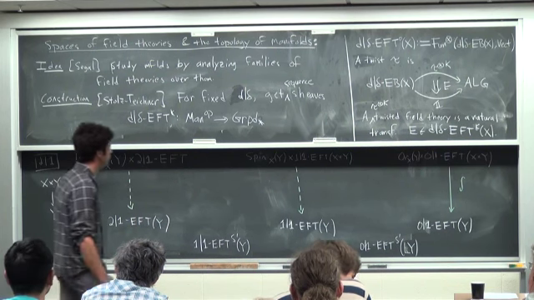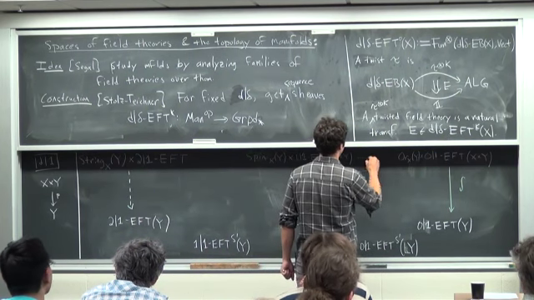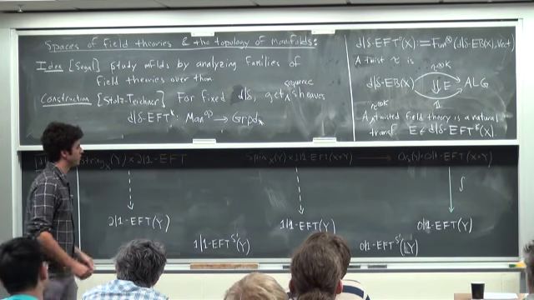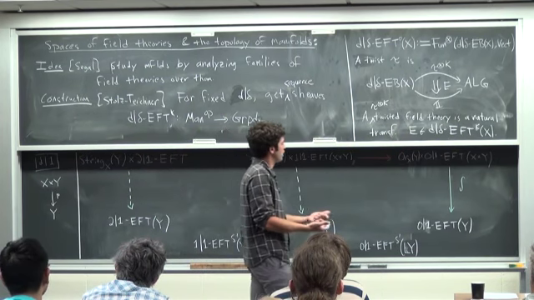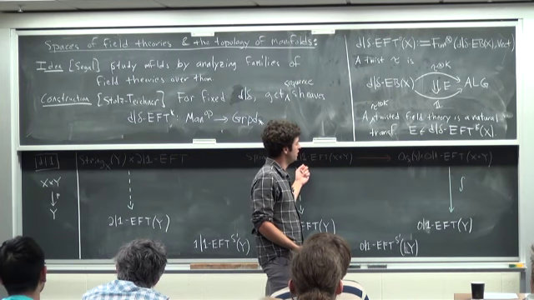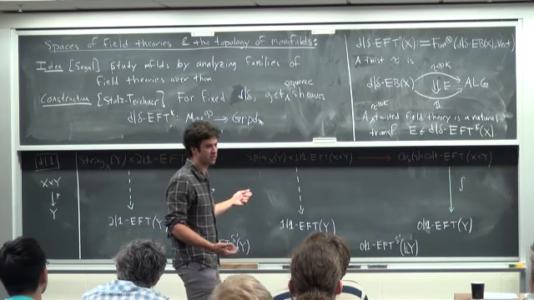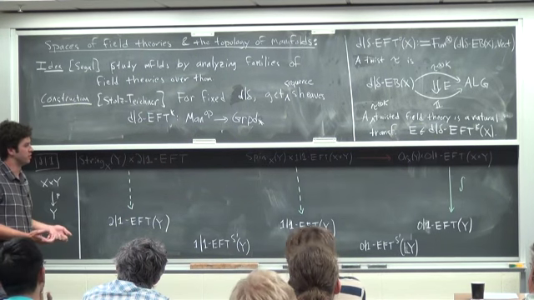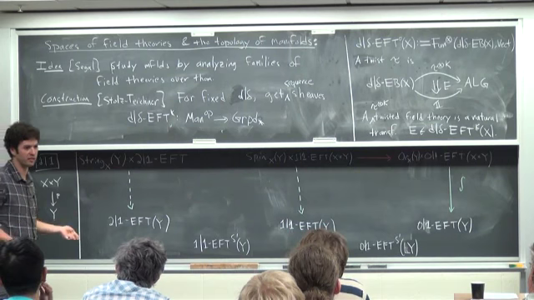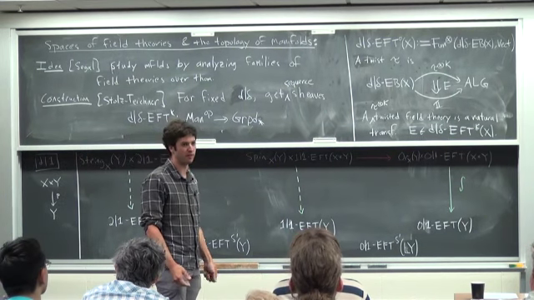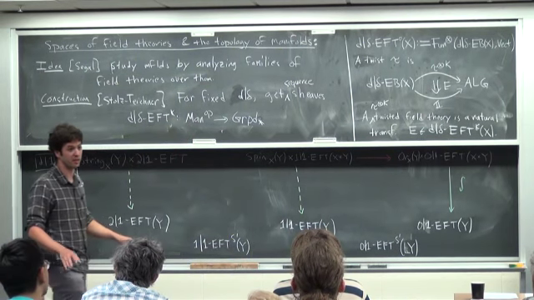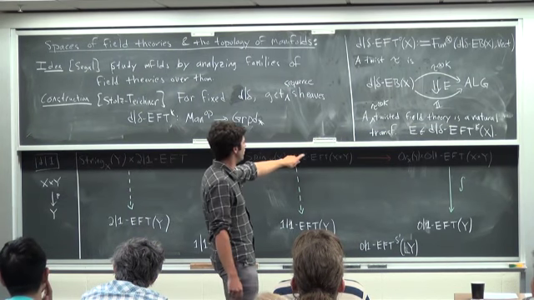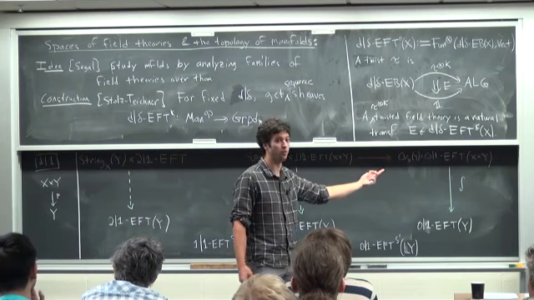So what are these? Well, over here, I have this map that's called dimensional reduction. Naively, this is just crossing with the circle. If I have a 0|1 dimensional manifold, I cross with the circle and get a 1|1 manifold. In all honesty, it's a lot harder than that because that doesn't translate into the Euclidean world. If I have certain geometric structures, I can't always split them into products. Like, I can't split a symplectic manifold into a product of 2 odd dimensional manifolds that are symplectic. That just doesn't make sense. And then similarly here, I can't split this 1|1 Euclidean manifold into a 0|1 and a 1-dimensional Euclidean manifold.